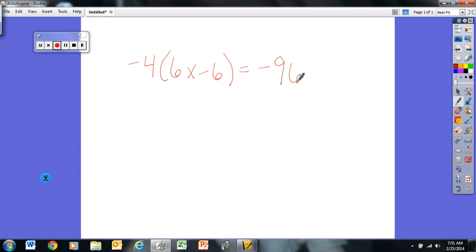So in order to get the variable by itself, first we have to get rid of these parentheses. So we're going to distribute the negative 4. Negative 4 times 6x is negative 24x. Negative 4 times negative 6 is plus 24. Here's the x. I need to get it by itself, so I'm going to move this 24 first. So by subtracting 24,